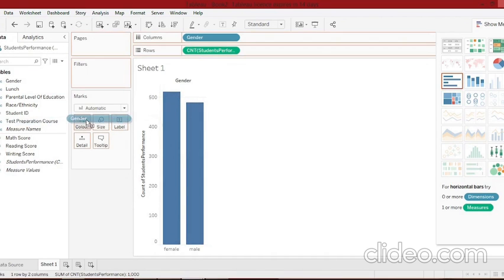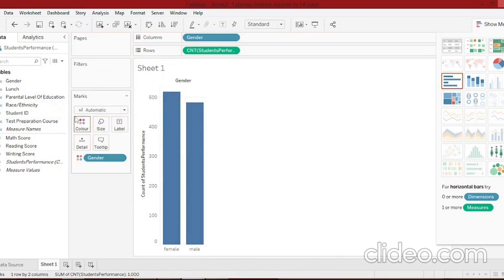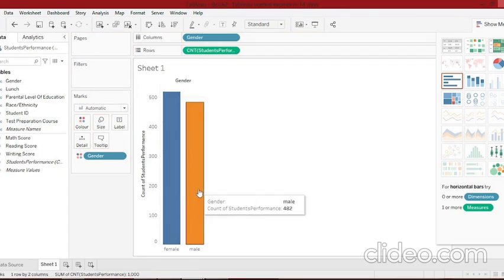The gender should be in different colors, so I'm picking gender from tables and dropping it in color. Now we can see that the females and males are in different colors. Similarly, we can do this for ethnicity count also. So we'll just name this sheet as gender count,